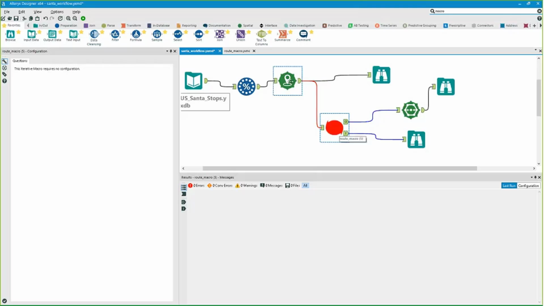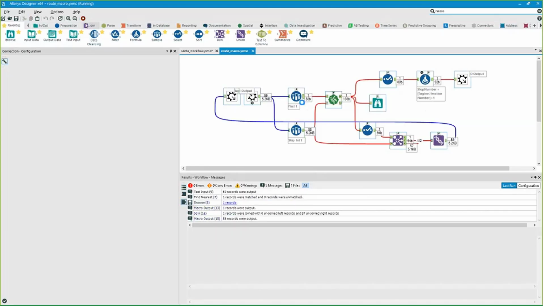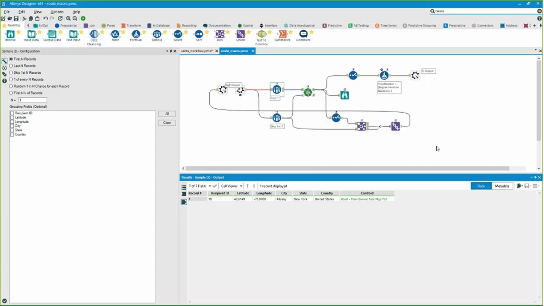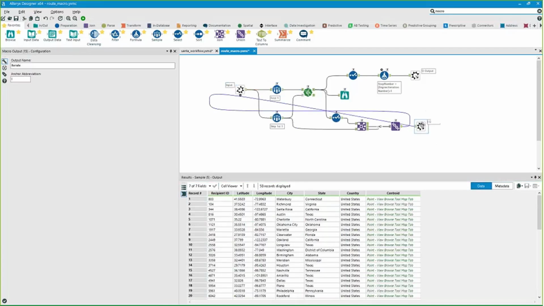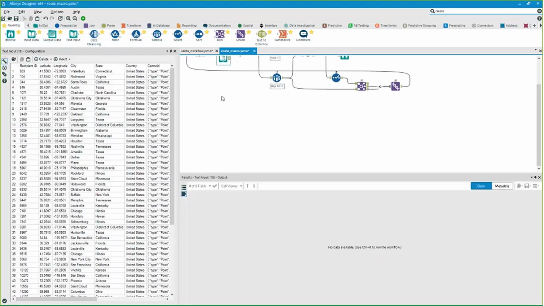Now, one of the trickiest things that you'll get caught up in when working with a macro is testing beyond the first iteration. No matter how many times I run this workflow, it's always pulling Albany, New York, okay? Which can be problematic, because what happens if I want to simulate what happens when it loops a second time around? So one tip I'll give you, and it's still not that great a way of testing, but it's certainly something, is to copy the iterative output. I'll copy all records with headers, say okay, paste it down here,